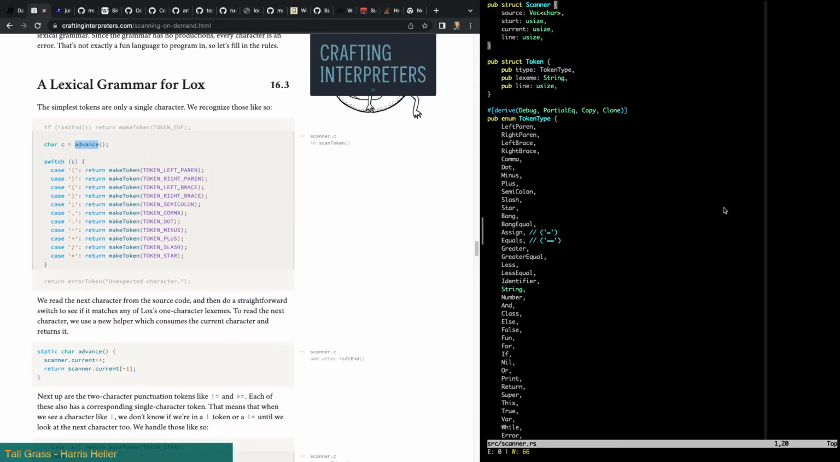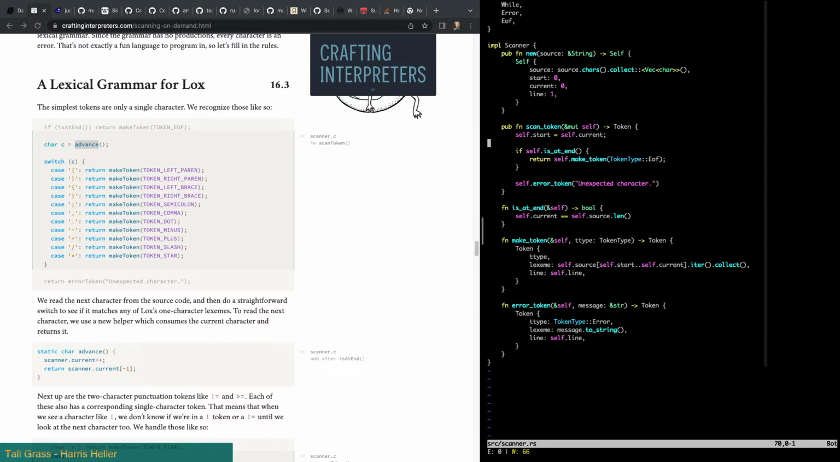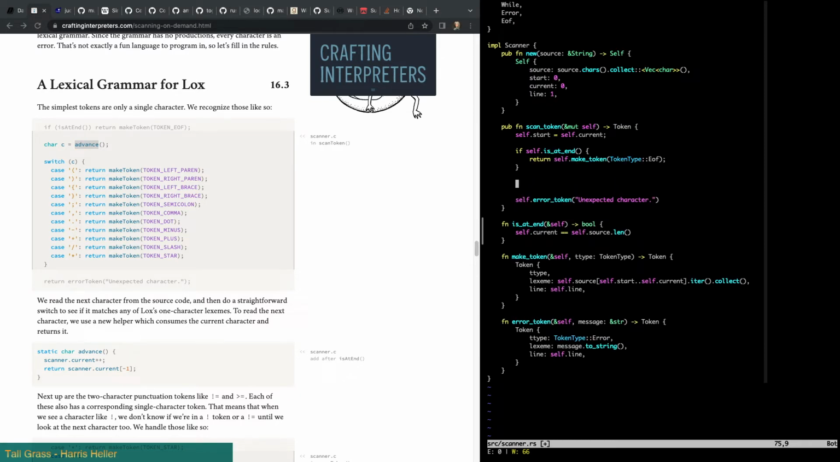All right, so we're going to write an advance function for the scanner. Let c equals self advance, and it's just this down here, so let's add that right now. Mut self, and it returns a, I guess returns a char, why not? Self current plus equals 1. And we're going to return scanner self source of